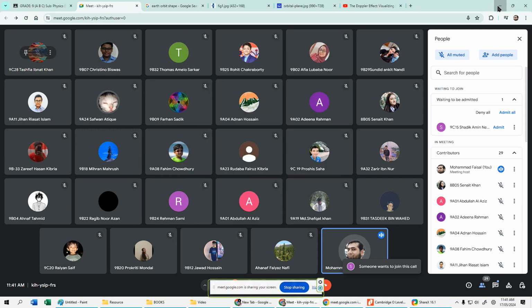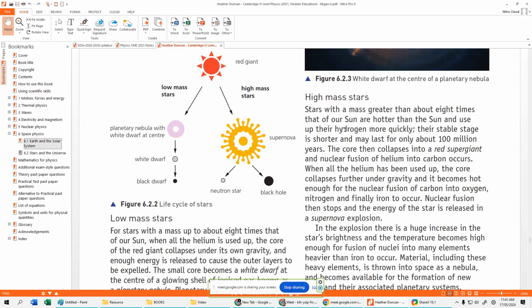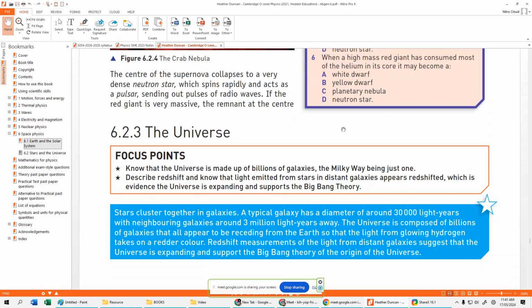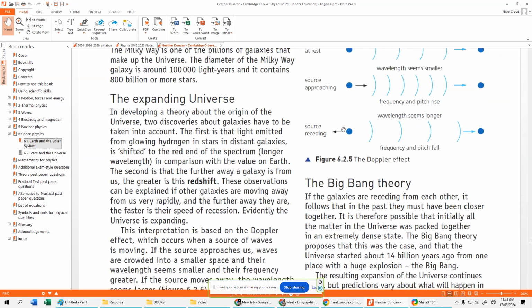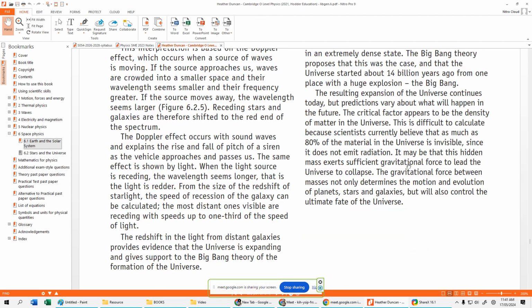আচ্ছা, এখন যে জিনিসটা হয় সেটা আমি এই পার্টটা এখন তোমাদেরকে হিতার ডানকানের বই থেকে দেখাই. We go down. এই যে সোর্স যখন রেস্টে থাকবে, স্টেশনারি অবজারভার এই ওয়েভলেন্থ পাচ্ছিল, বাট যদি কাছে আসে ওয়েভলেন্থগুলো বাঞ্চ আপ হয়ে গেছে, যদি দূরে যায় ওয়েভলেন্থগুলো স্প্রেড আউট হয়ে গেছে। এই যে ডপলার ইফেক্টটা এখানে দেখানো আছে, ডপলার ইফেক্ট ছাড়া রেডশিফট বোঝা পসিবল না।